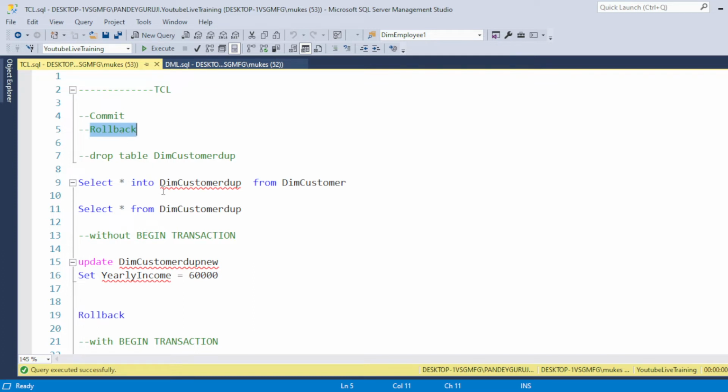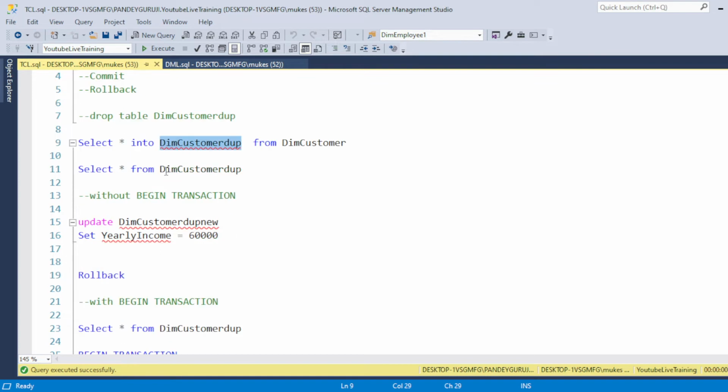For example, let's consider this table. I'm creating a duplicate table with select star into table name. I already discussed in the last video how you can create a duplicate table, so you can go and watch it in detail.